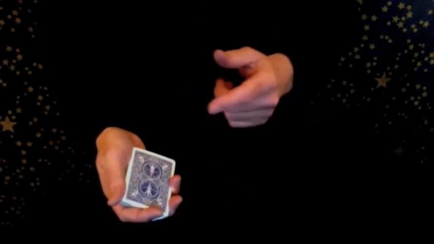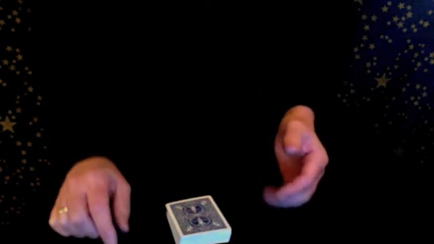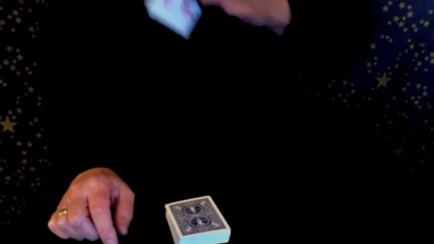Okay. I'm going to try and find your card. In actual fact, I'll try and make your card vanish from the deck and appear in my pocket. So if I snap my fingers, one card vanishes from the deck and reappears inside my... Is that your card? 4 of hearts? It is. Well, there we go. Thanks very much indeed. Hope you enjoy...